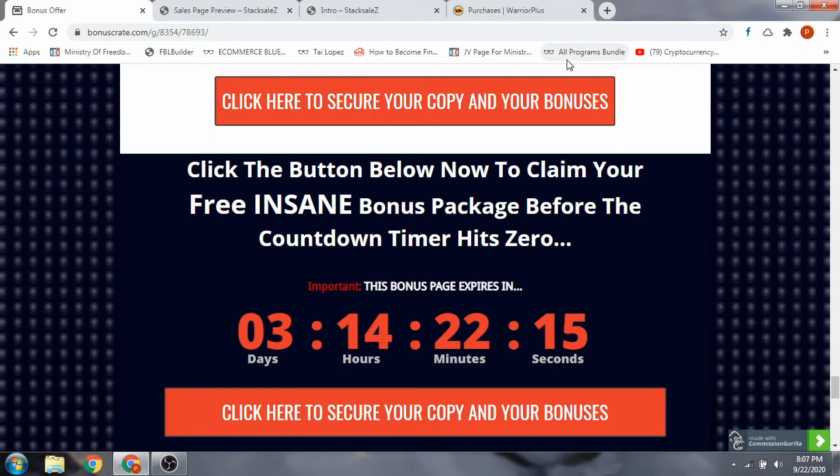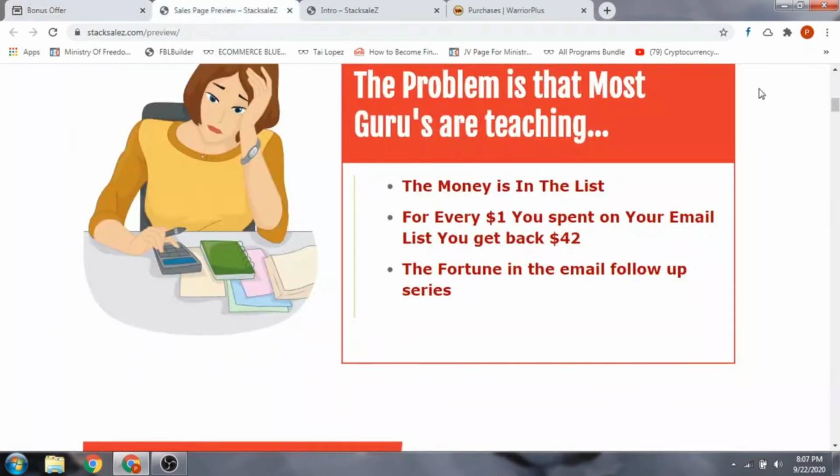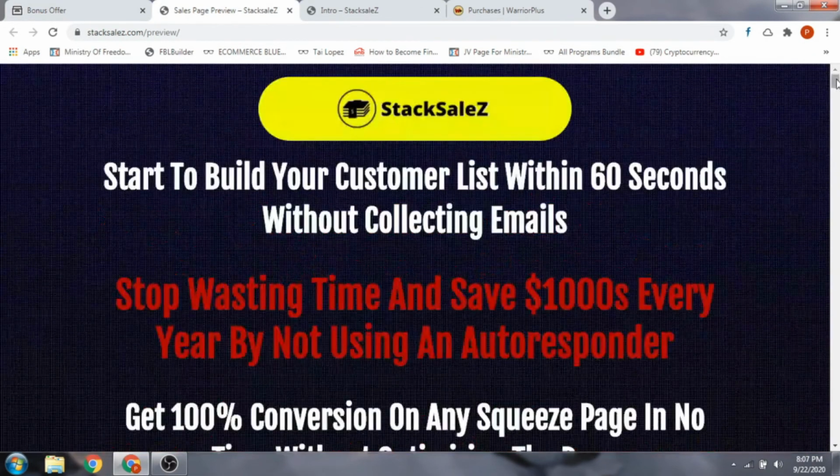So let us go to the sales page and have a look at what this sales page says. Start to build your customer list within 60 seconds without collecting emails. This is right. You can start building a customer list without collecting emails, but not within 60 seconds. Definitely, it's a big misnomer there. It takes time to collect, but it's an easy way to build a customer list with this particular type of method.